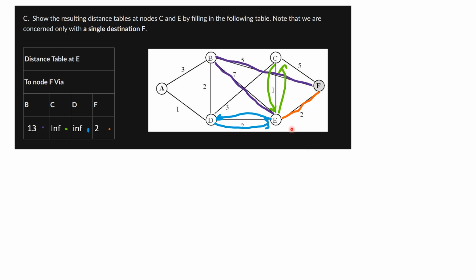So then if we start at E and then connect, we can see that E to F is just a straight connection, that's 2. And then E going to B to F is 13, as the shortest path is this purple path. But when we go to C and D, we run into a problem where E goes to C,